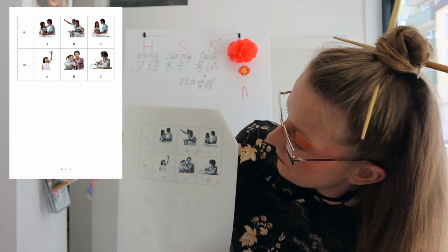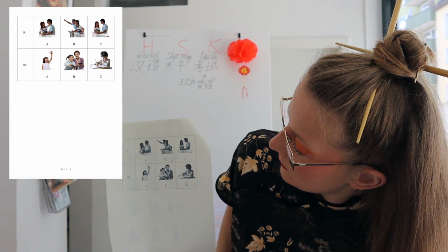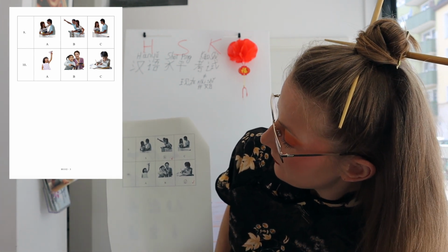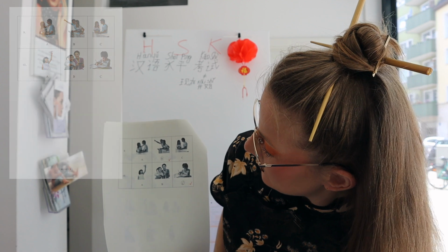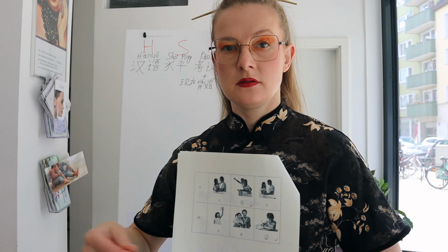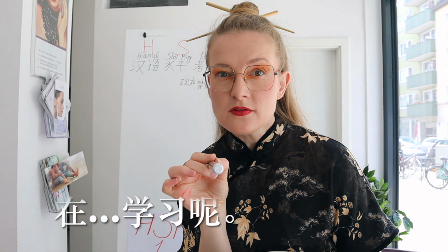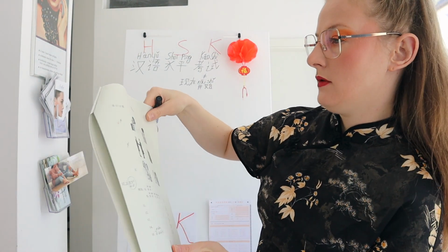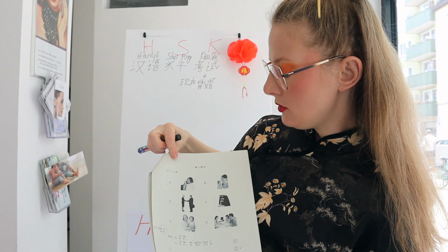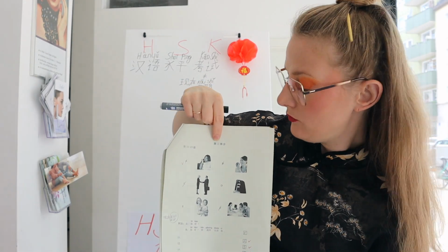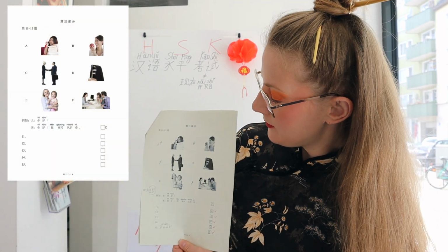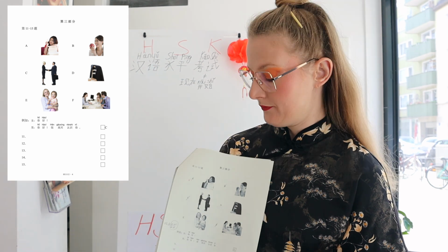10. 他在里面学习呢。学习呢. So this is Lily and he's learning right now. 在学习呢. Who remembers the construction? Present perfect? No. Present progressive. 在 plus 呢. That is it. 第3部分，一共5个题，每题听2次。